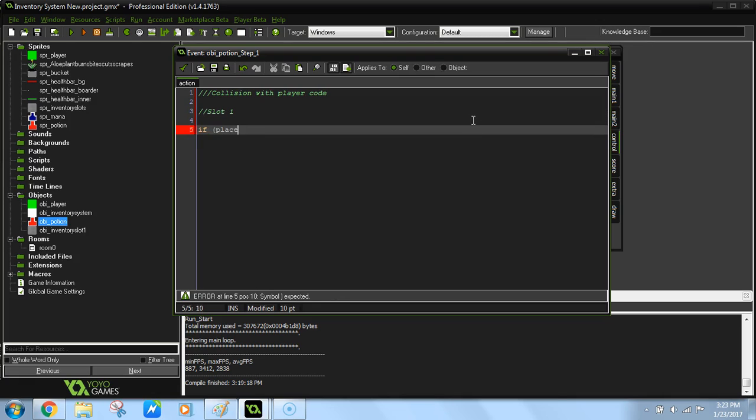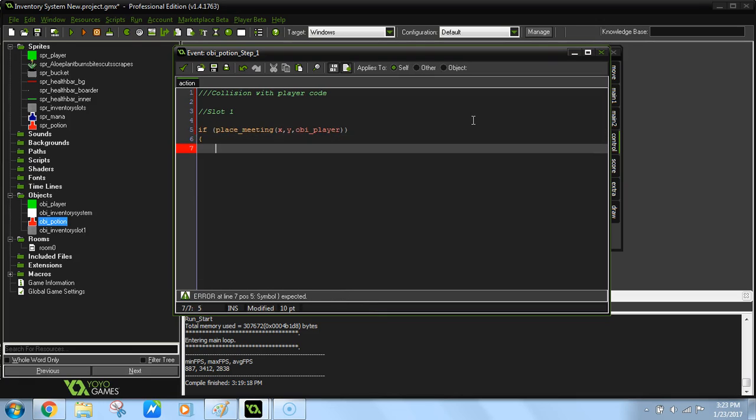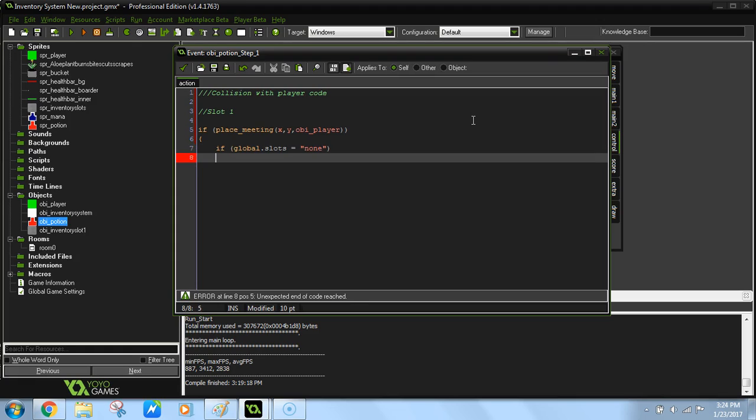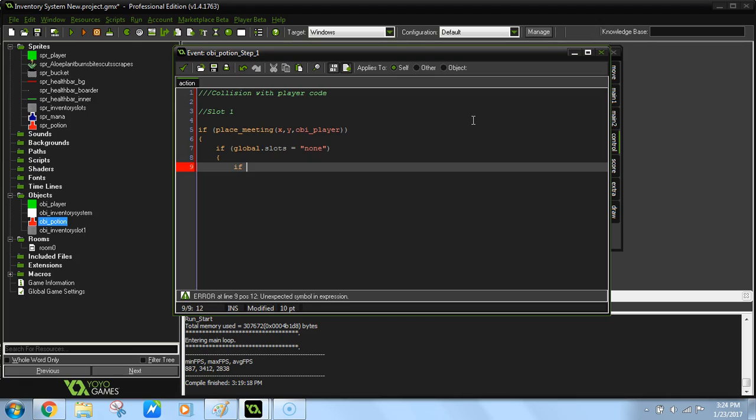So if place meeting, so if it touches the player, x y object player, then we're going to say if global dot slots equals none. So if there are no slots that currently have potions in them, then it's going to continue on. If global dot slot1 equals false,